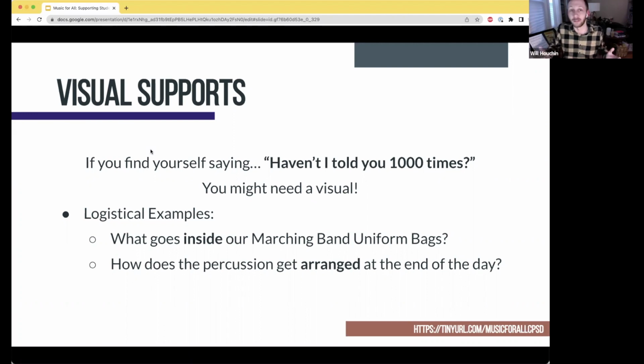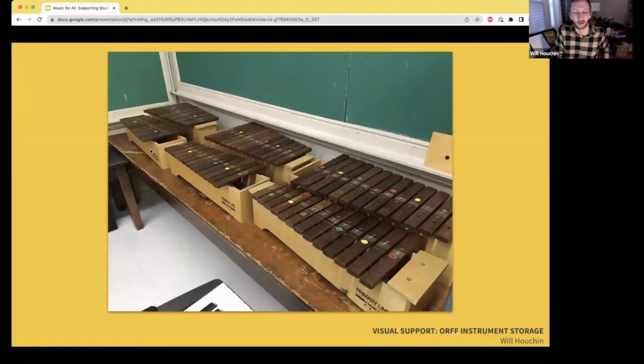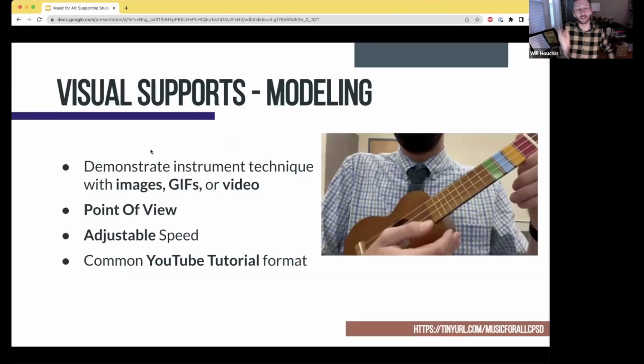One of the things I've done in my classrooms when I have a lot of percussion and I have the students put them away, I have pictures on the wall of what the percussion looks like when you put it away. And so I don't have to tell them how to do it and they don't have to remember it. It's just there and they're able to use that. So with my Orff instruments, in one of my classrooms, I took a picture of them how I liked them, and then I put it up on the wall, and that was good. But I use a lot of visual supports again